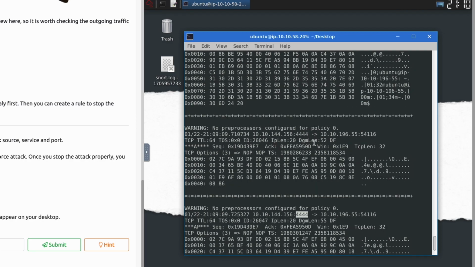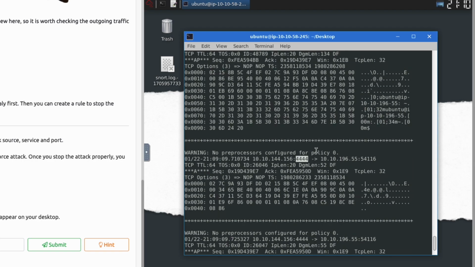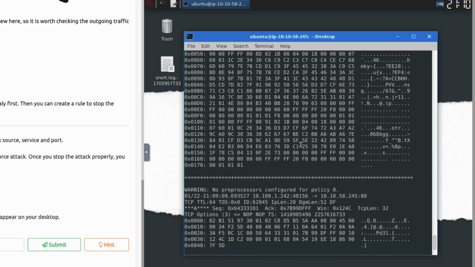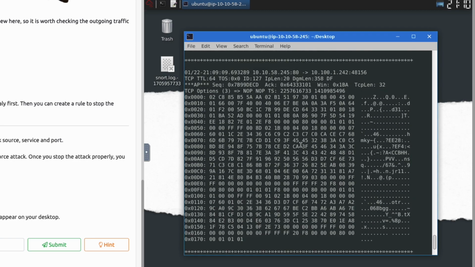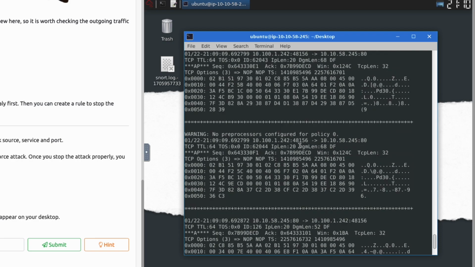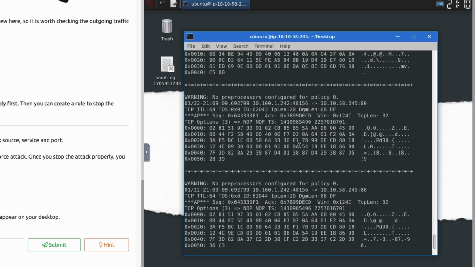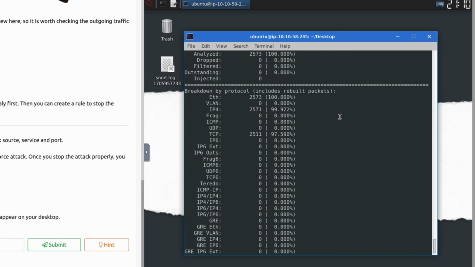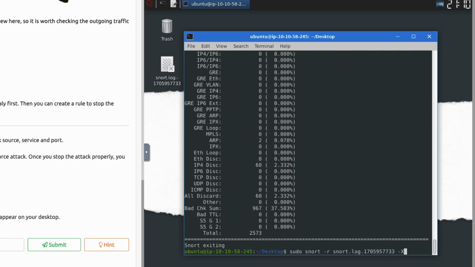So that's kind of an immediate, oh, here it is again. There it is again. So this seems like it might be the port that we want to keep an eye out for. So let's see if we can actually find anything. Okay, so this time I'm going to run it again, but this time I'm going to grep